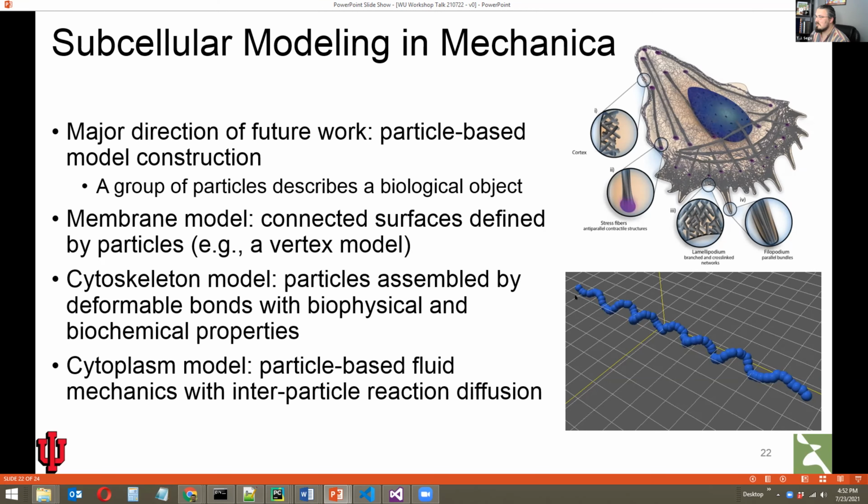You can imagine creating something like this helical structure here by just assembling particles with bonded interactions, and use those to describe the cytoskeleton, describe the way that those individual structural components form, the way that they're broken, and how they contribute to the biomechanical stability and dynamics of the cell shape.